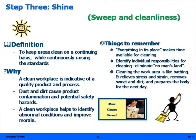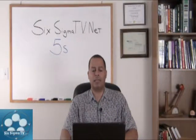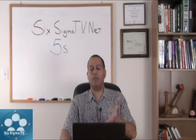Shine, sweep, and cleanliness. It doesn't necessarily mean sweep the floor. It means sweep with your eyes when you come in every day. Is everything in its place? Is everything clean? You might need to sweep the floor, scrub the floor. That's one thing also. But you want to keep areas clean on a continuous basis while continually raising the